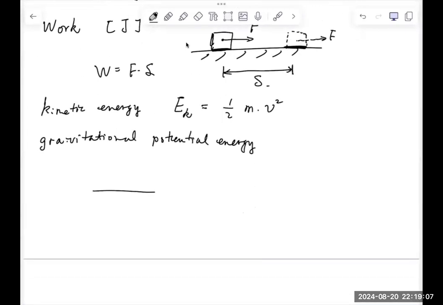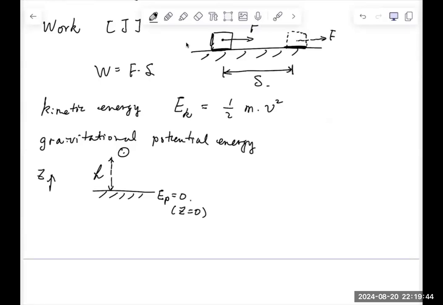So let's say this is the surface, it can be the surface of the Earth or surface of anywhere which can catch the object. And if you have an object here, which is elevated to a height of h, then the delta potential energy, and if we define the potential energy at this position equal to 0, in other words, the z direction equal to 0,